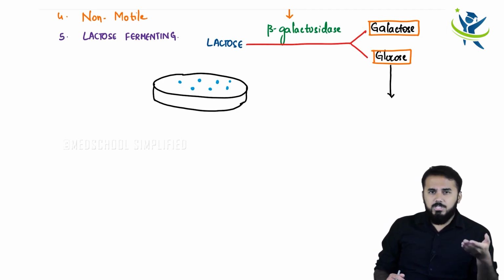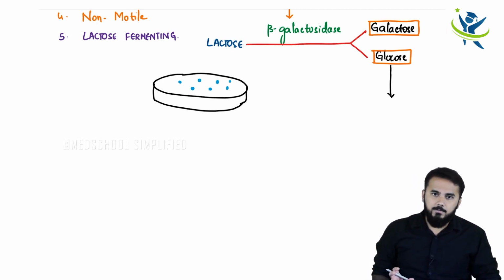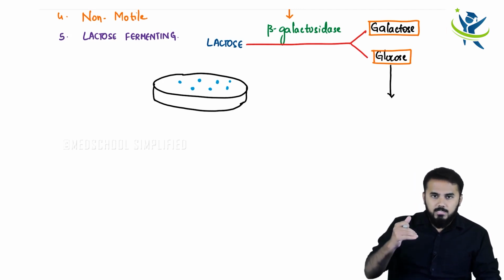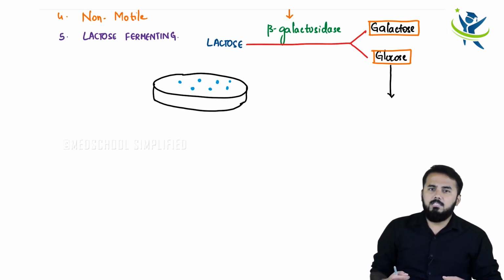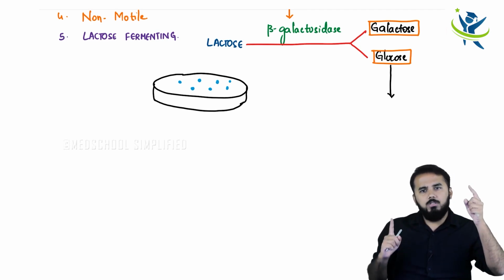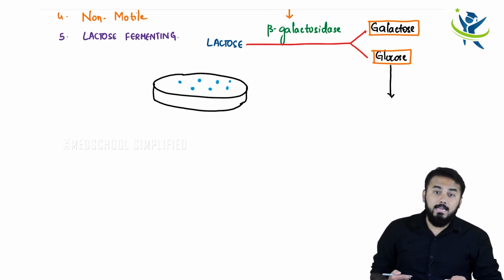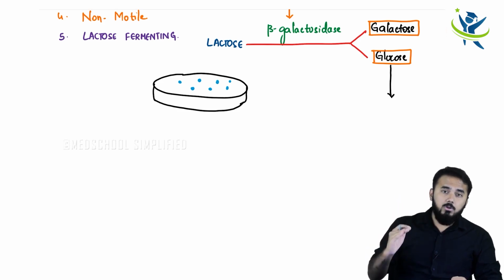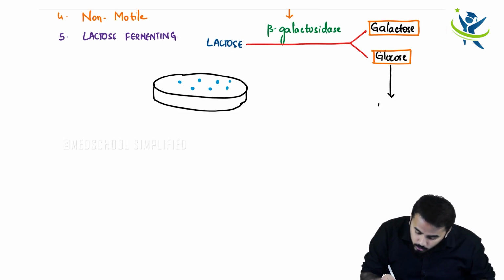Then 3-PG, 2-PG, and finally phosphoenol pyruvate and pyruvic acid. After that, pyruvic acid is further converted into lactic acid. So you can go through that mechanism and see what is the first compound and what is the last compound. The first compound will be glucose, the last compound will be lactic acid. So in a process called glycolysis, glucose will be finally converted to